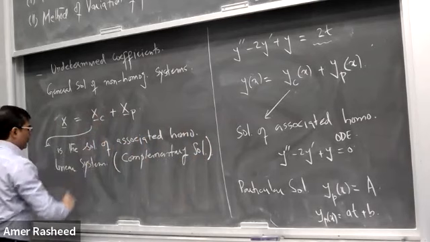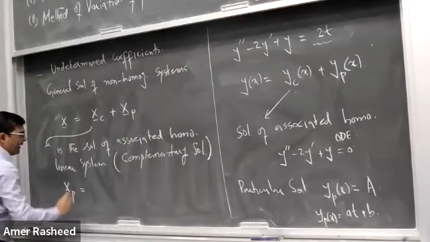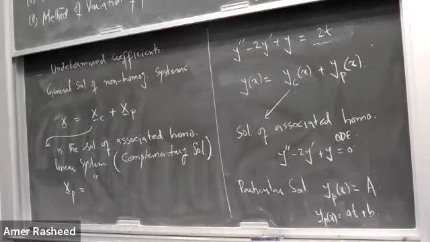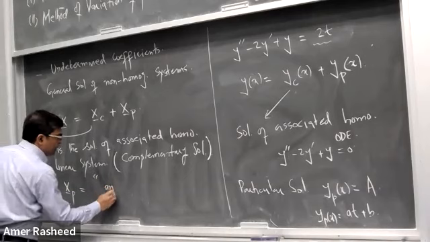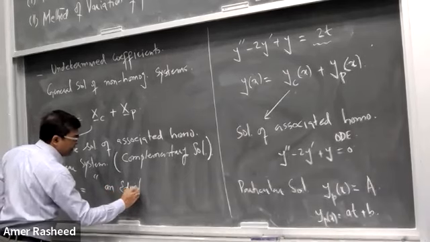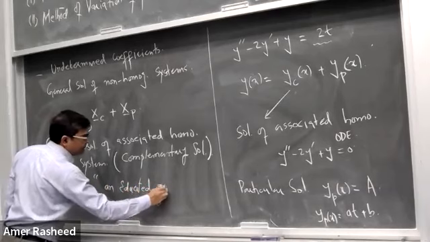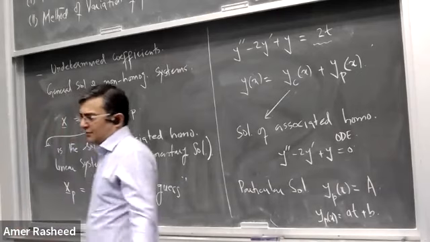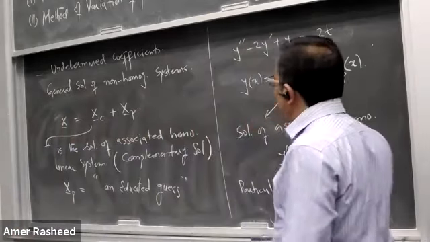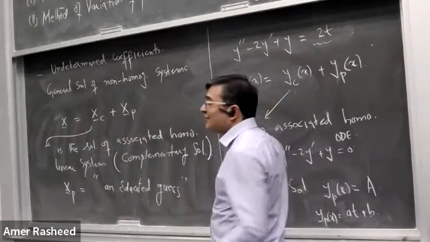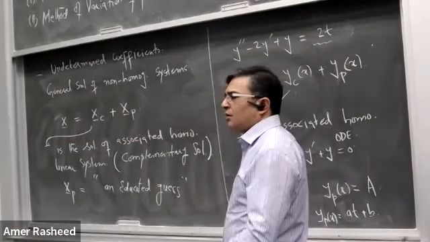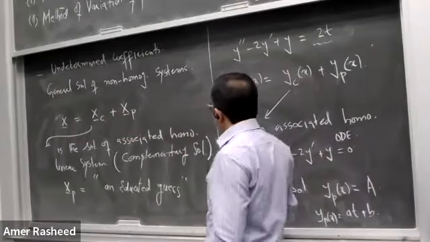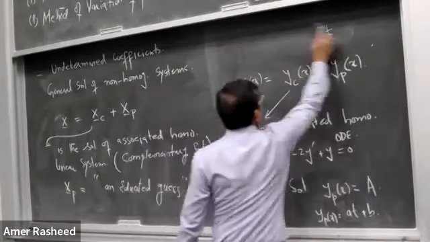Now, what is the particular solution? XP. XP is again, we start with an educated guess motivated by the form of the right hand side function. If the right hand side vector is a constant vector, then we assume a particular solution in the form of a constant vector. Similar to this thing,